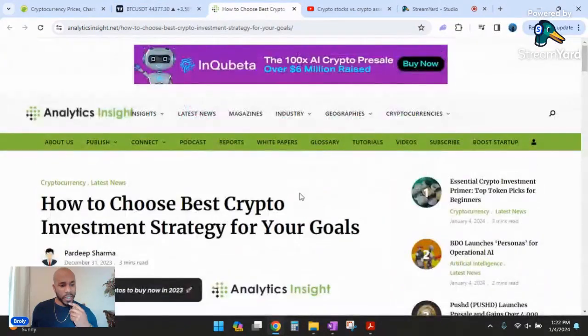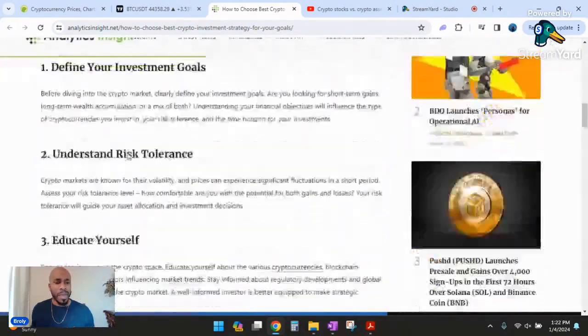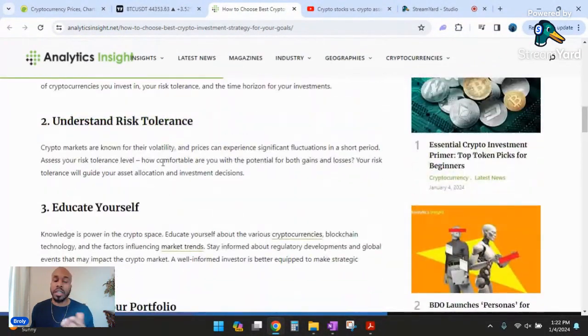I had found this article titled "How to Choose the Best Crypto Strategy for Your Goals." Best crypto investment strategy for your goals. And I was going through it and I was like, oh man, this is basic stuff. And then I closed it out and then I thought about it. I brought it back up and I'm like, no, it may be somewhat basic, but